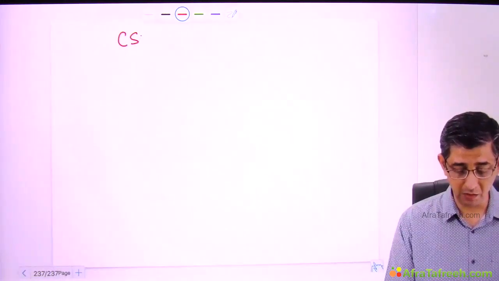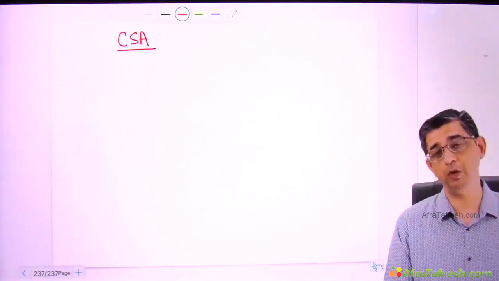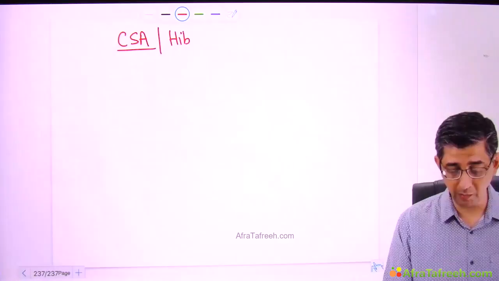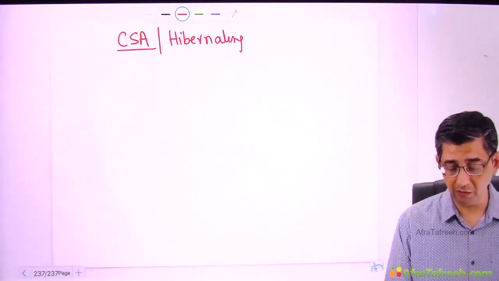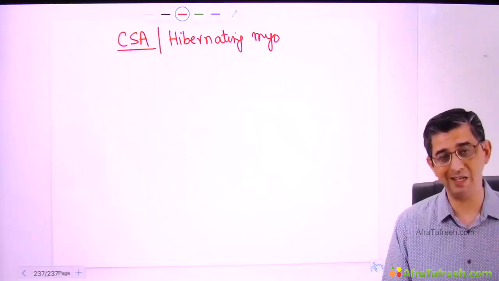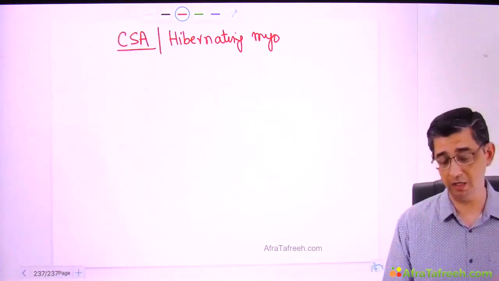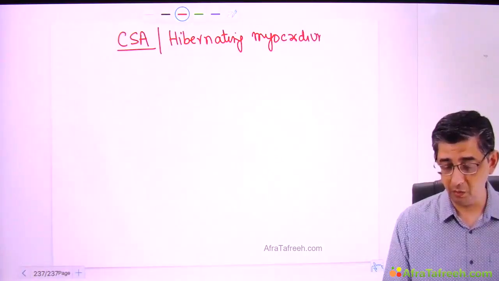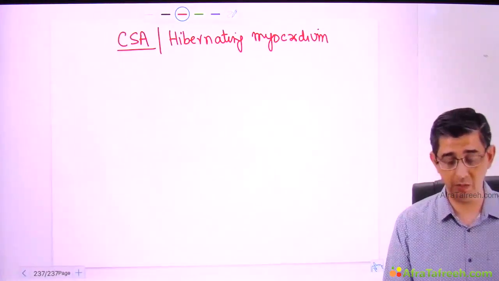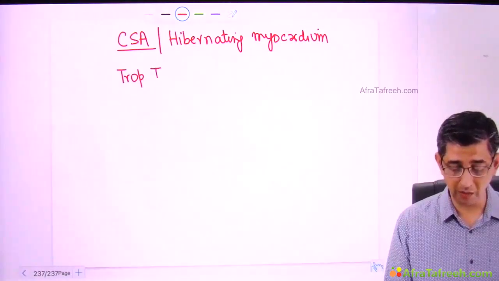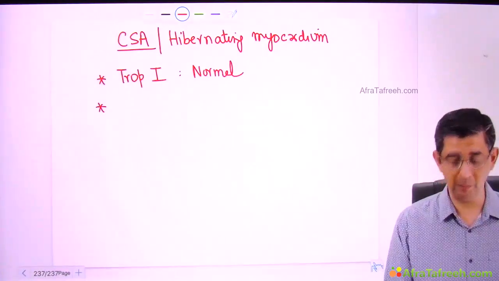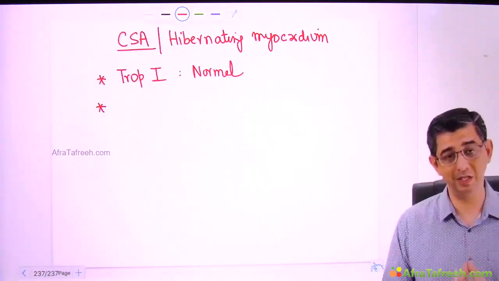So let us just make a list of some important aspects that you need to remember for the topic of chronic stable angina. The alternative name for it, most examiners will rather use the word hibernating myocardium, and I want to remind you that whenever you read the word stunned myocardium, stunned begins with alphabet S. You can remember it, it's a hack obviously, that there's a sudden decrease in contractility with respect to myocardial infarction. Now, this condition that I am discussing at the moment will have at least more than 70% blockage to cause symptoms to occur in a person. But when it comes to biomarkers, they will always be normal in a question of chronic stable angina. Biomarkers are normal because there's no necrosis, it's only ischemia that is present.